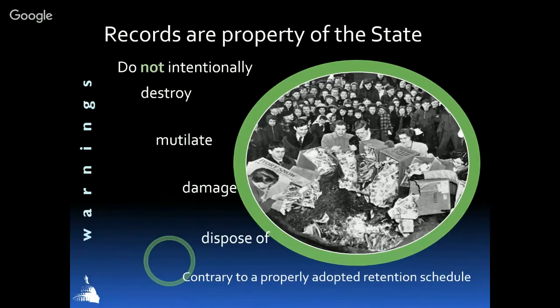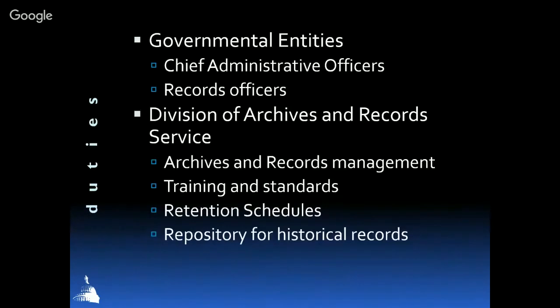The law specifically says, do not intentionally mutilate, destroy, damage, or dispose of records contrary to a properly adopted retention schedule. And to break the law is a Class B misdemeanor. This can be positively stated as records must be maintained and must remain accessible for the duration of their approved retention periods. The other thing that PRMA goes into is that it outlines the legal responsibilities and duties of governmental